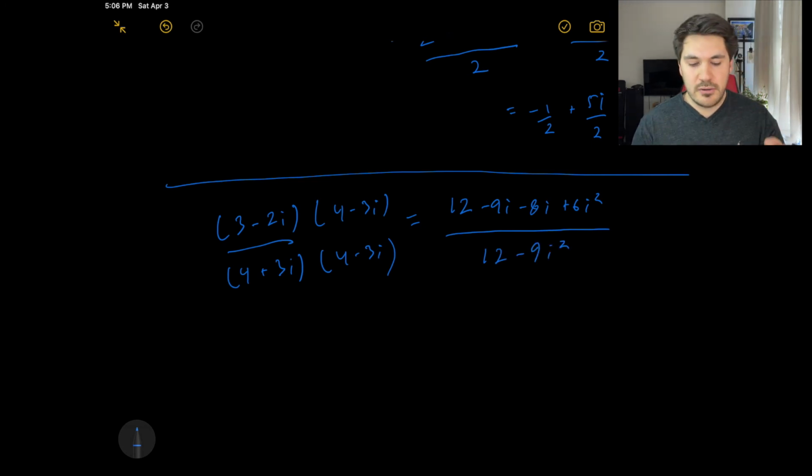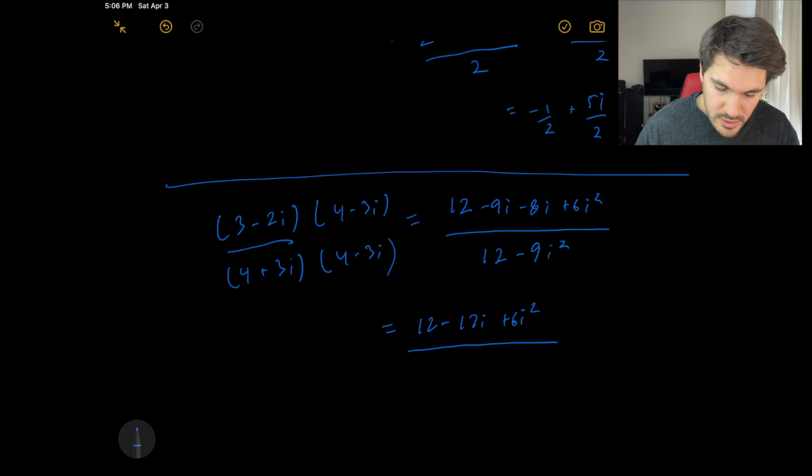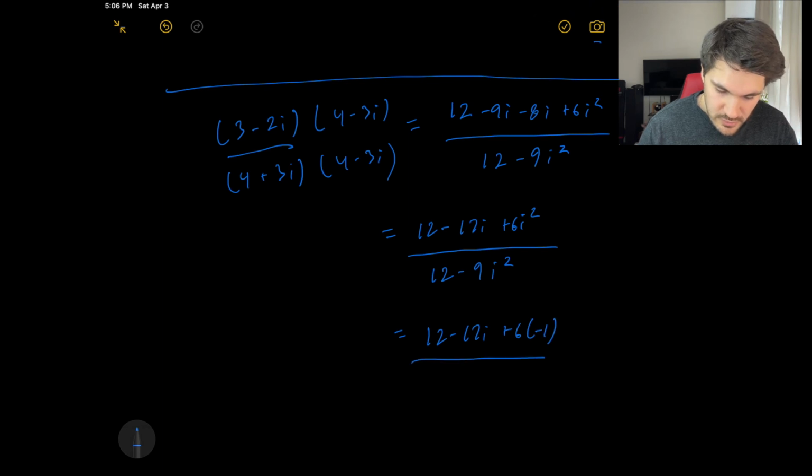You might be able to see the pattern. If we have a 4 plus 3i times a 4 minus 3i, the middle terms just get canceled out. Cool, so that's why I skipped that step. So this becomes 12 minus 17i plus 6i squared all over 12 minus 9i squared. Let's keep going. This becomes 12 minus 17i, this is 17, yeah, plus 6 times -1 all over 12